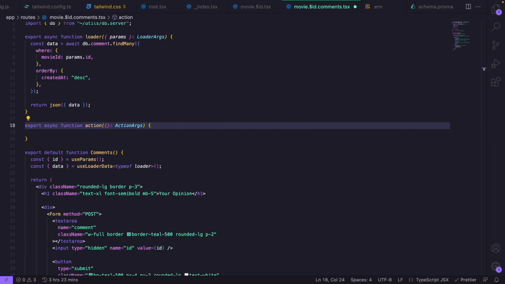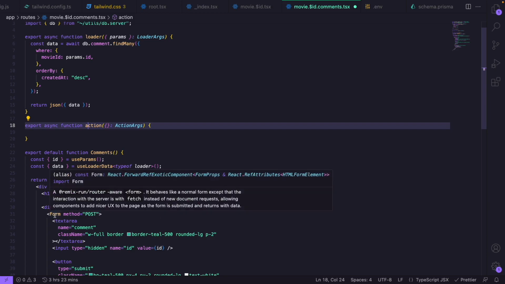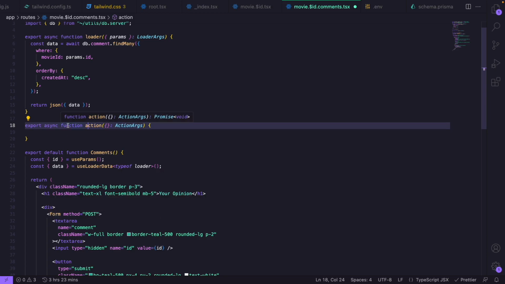So I hope you understand that, since that's pretty much the base layer or the fundamental of Remix. And in my opinion, that's also pretty much one of the greatest things of Remix. So the loader, the action, and the form. That are, in my opinion, the greatest thing about Remix, and also the most powerful things of Remix. So yeah, and what I will want to do now, so let's come back to the original thing of the action, is to actually post the data, so to create a